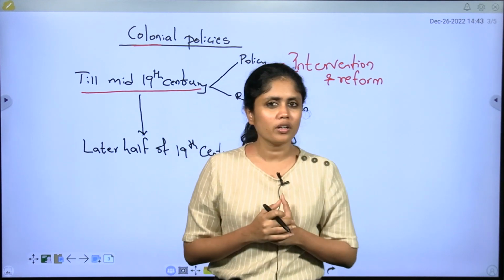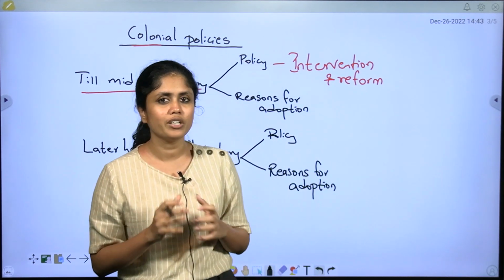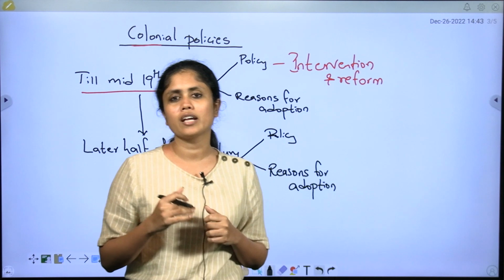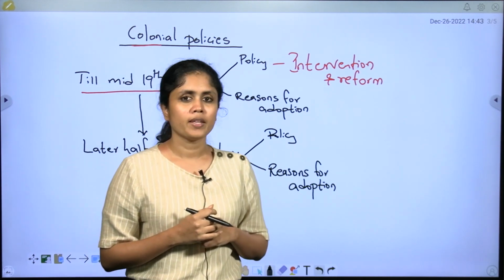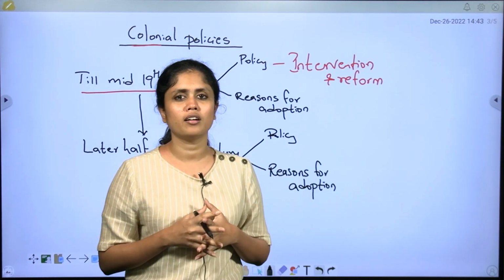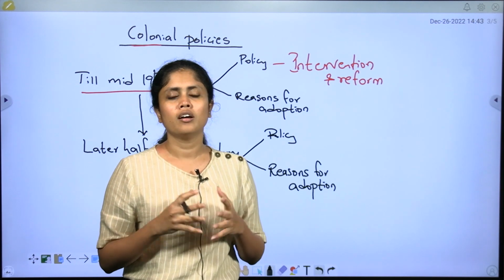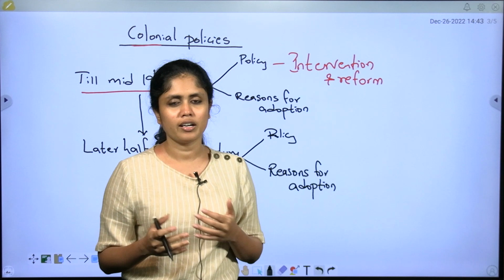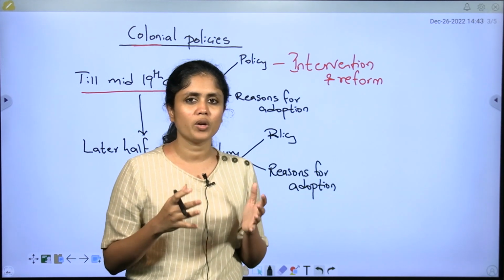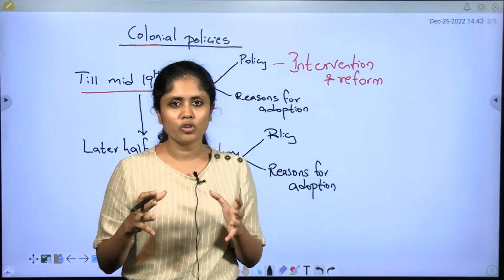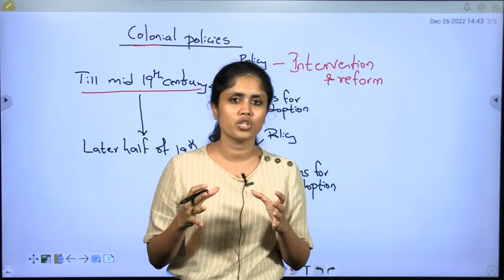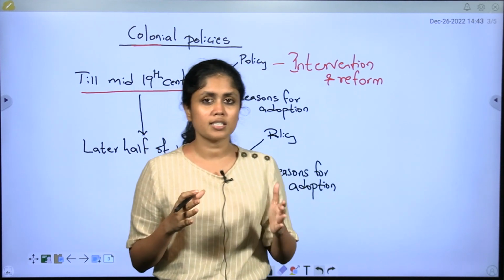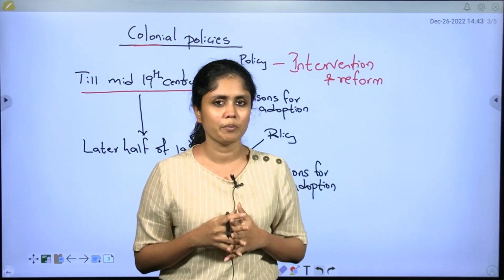And another important reason why Britishers tried to intervene in tribal communities is the economic considerations that they had. The more land they bring under cultivation, the more land revenue they can generate, which would help run their government, right? So they wanted more land revenue, which is why they made tribal communities practice settled cultivation, which was not existent till the Britishers came into the picture.